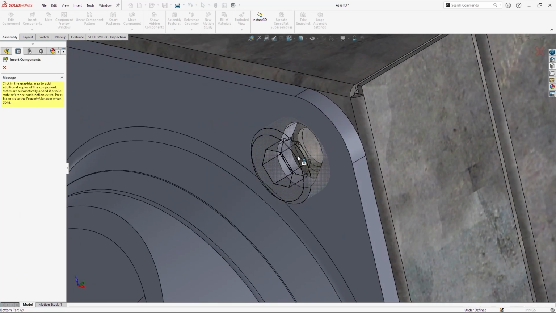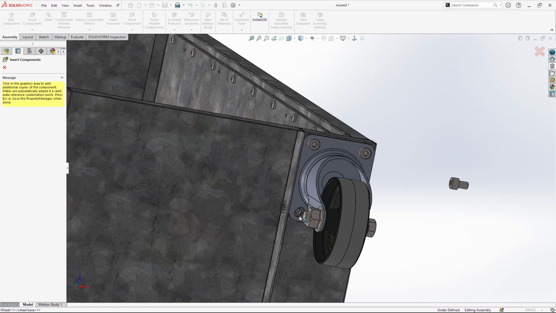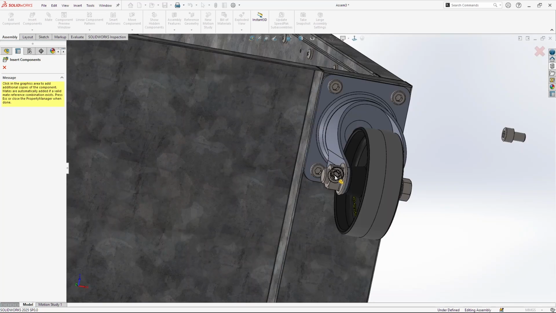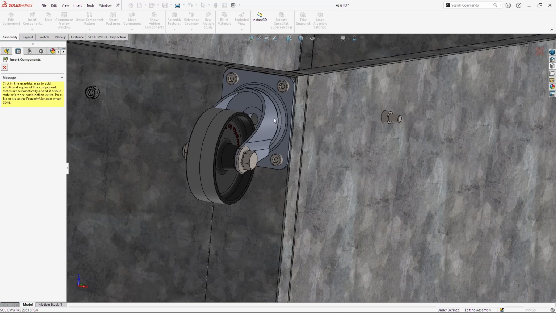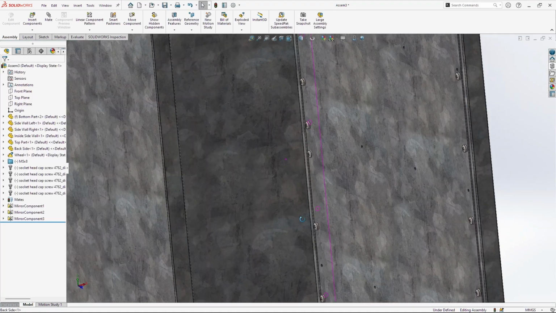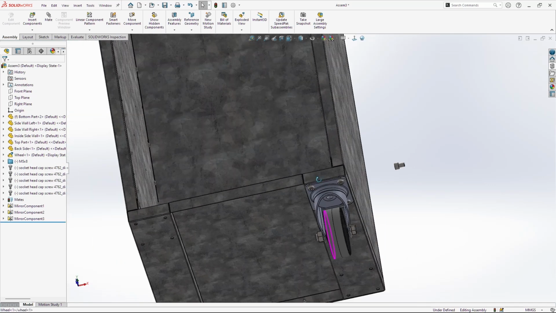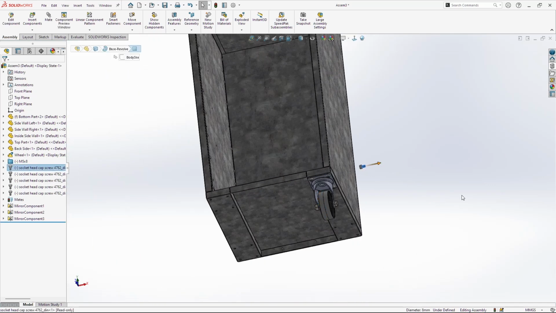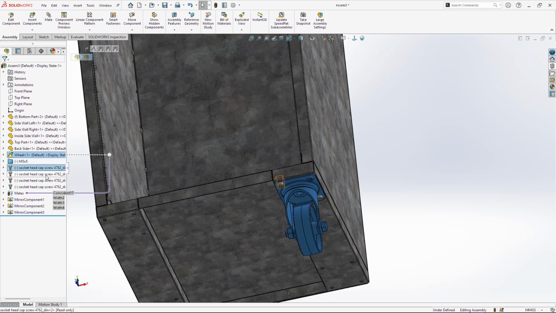And now we need to add it right there. Click OK. Now I'm going to select this screw here and delete it, and I'm going to select wheel and also, holding Control, the other screws, and I'm going to make